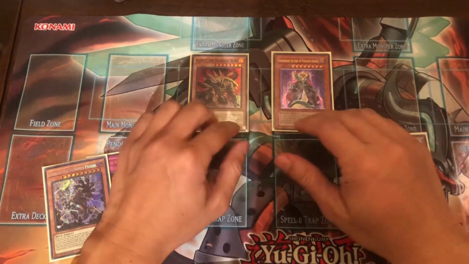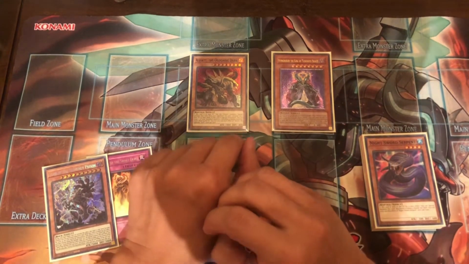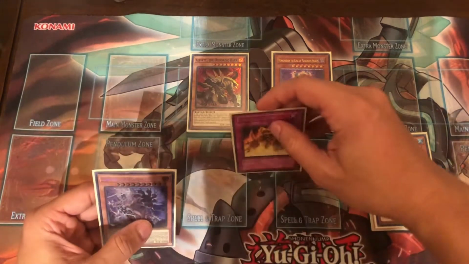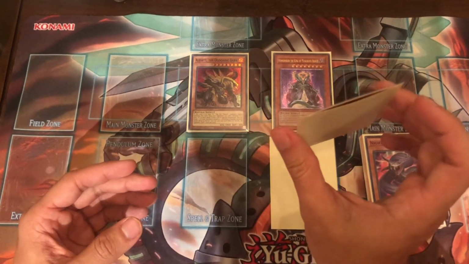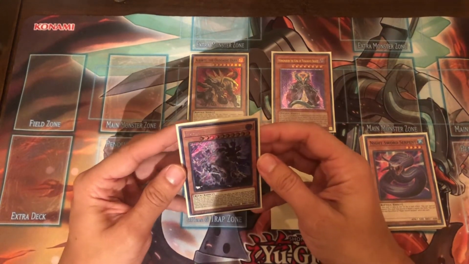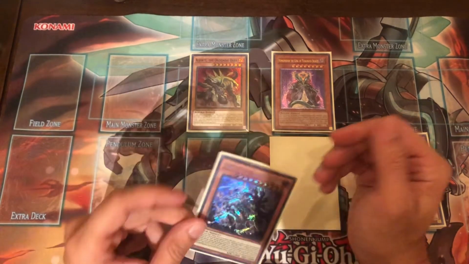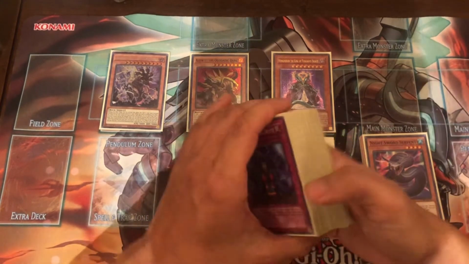Not to mention that if you are running level 8 XYZ monsters, you've got 2 level 8 monsters on board now for plays. But the most important part of this is to set this card and activate your Lord of Heavenly Prison's effect to reveal it. What this is going to do is set you up with a nice Icarus attack play, where next turn what can happen is you can special summon your Lord of the Heavenly Prison and grab whatever card you want